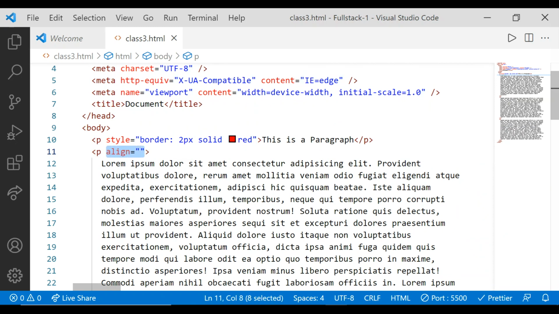हम इसको एक attribute बोलते हैं. Attribute means property, additional, to make your tag more interactive, to make your tag more representable. अब मुझे क्या करना है, इस पैराग्राफ के अंदर जो हमारा कंटेंट है उसको प्रॉपर्ली अरेंज करना है. For the arrangement purpose I'm using this align attribute.